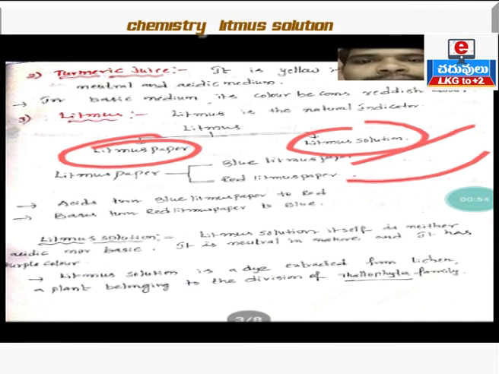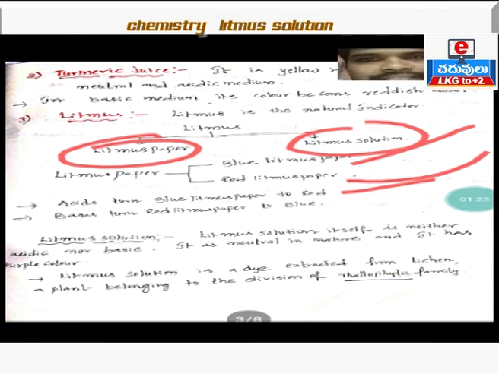turn blue litmus paper to red litmus paper. When blue litmus paper is dipped into the acidic substance, then acid turns blue litmus paper into red. When blue litmus paper changes to red, then the given substance will be acid. Clear? So this is very, very important, and note down this point. Acids always turn blue litmus paper to red litmus paper. Acids do not turn red litmus paper to blue litmus paper.